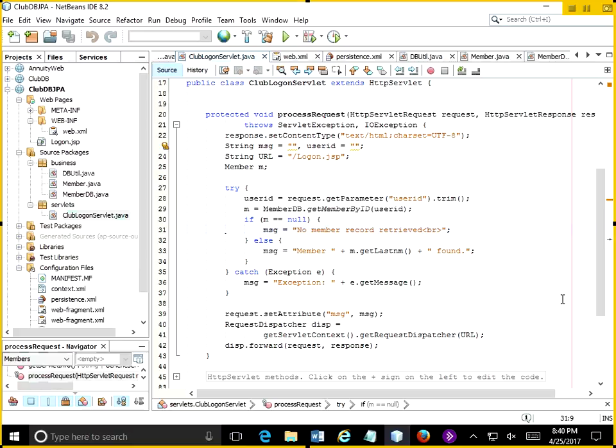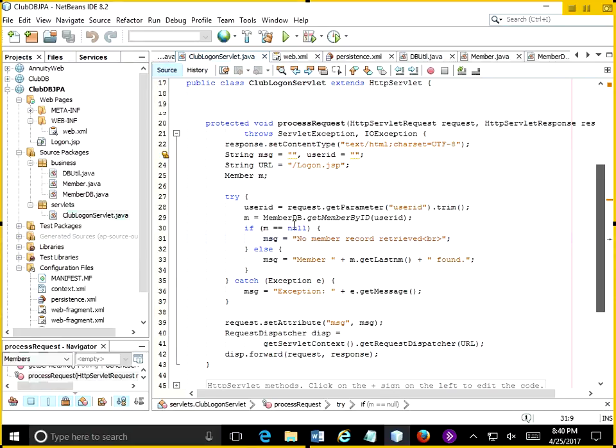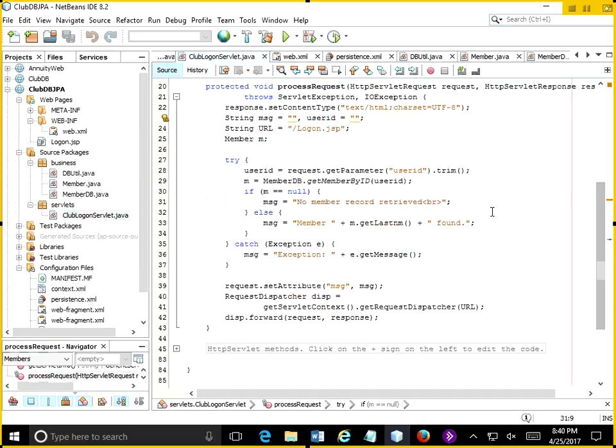In the current version of the logon servlet, we pull the user ID. We try to find the member ID, or the member object by the ID, using our new member DB process. And if the member is not null, so if it's null, we're going to say no member record retrieved. But if we have a success on our member DB call,